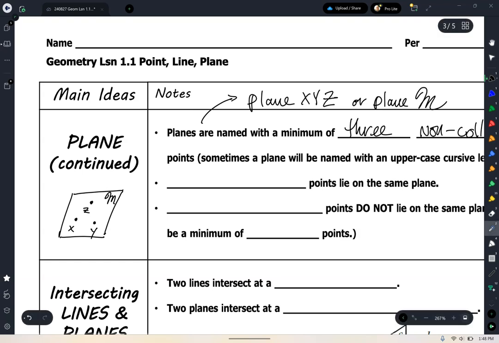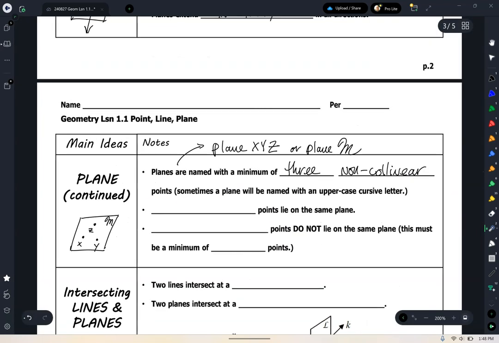Again, just like line T on the front, you'll notice that this does not have a point on it, and you'll notice that it's not a typical non-cursive capital letter, so therefore, this is not a point on there. Like we wouldn't say, oh, I could make line point ZM, line ZM like that. That's not a point. I can't do that. Okay, does that make sense? See how that works?